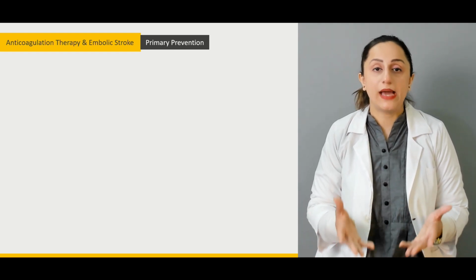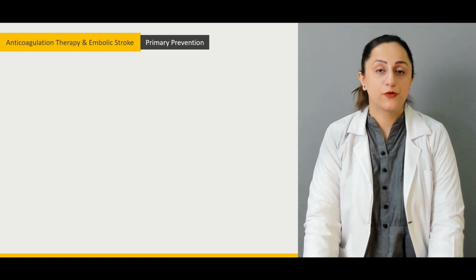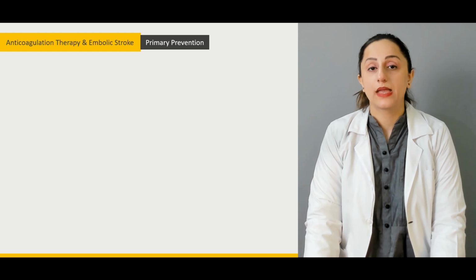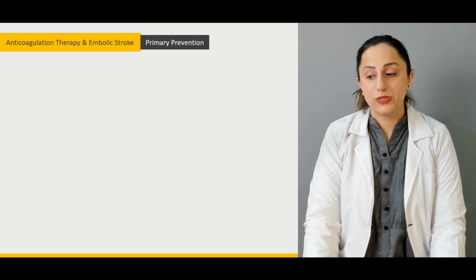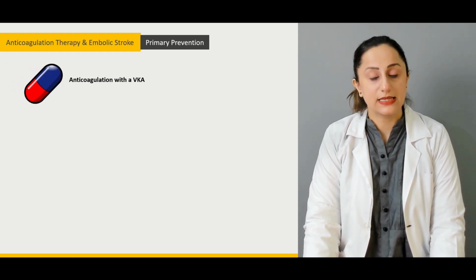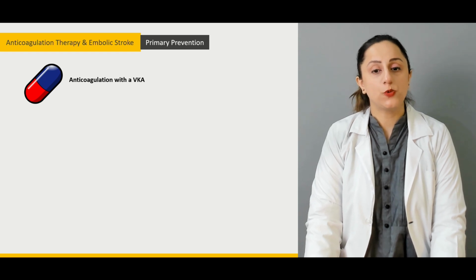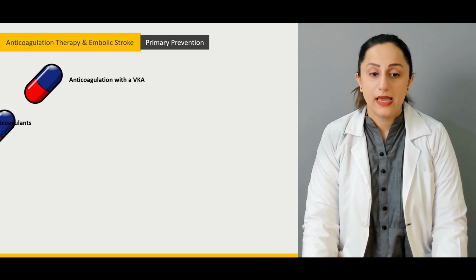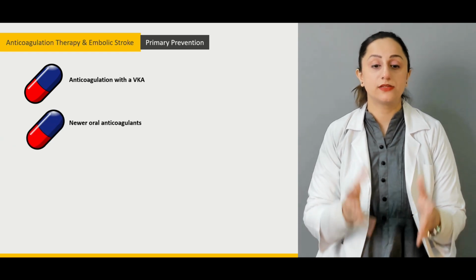Even when we have performed primary prevention for these individuals, we must know how to continue. Anticoagulation therapy with a VKA is sometimes done, and then we can also choose from